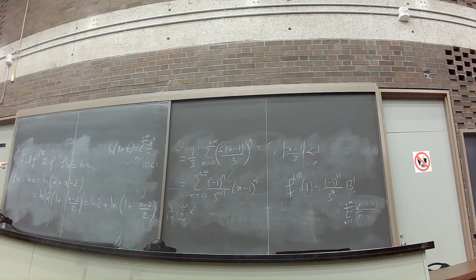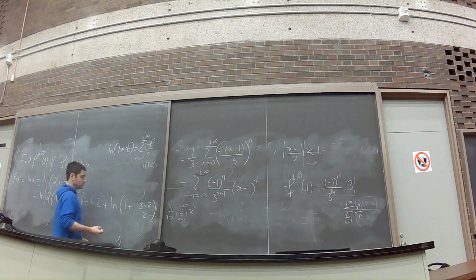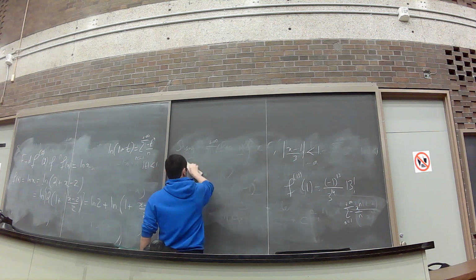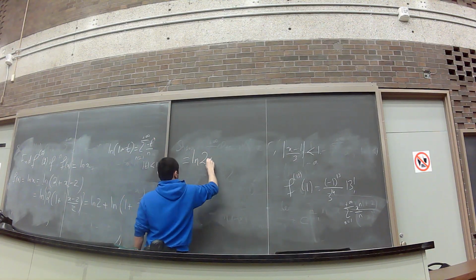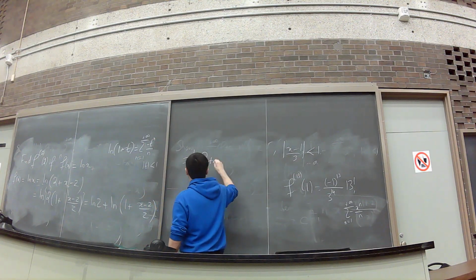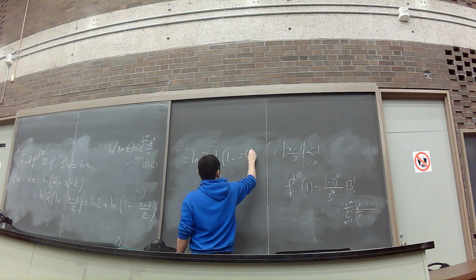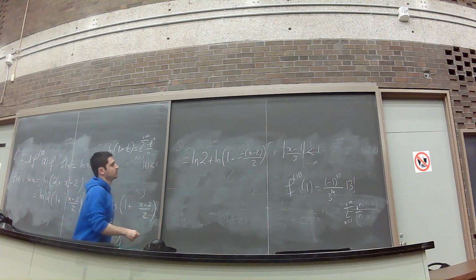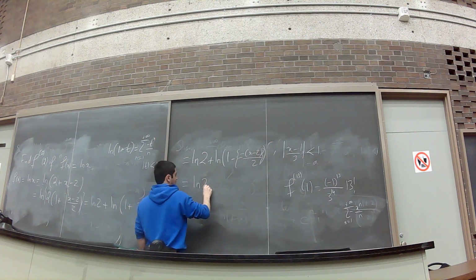So far so good? Now can I apply this? If I do the minus shift, if I write it as minus minus? Yeah. Very good. ln 2 plus ln(1 minus what? Okay. I need to put brackets here. So this is just ln 2 plus